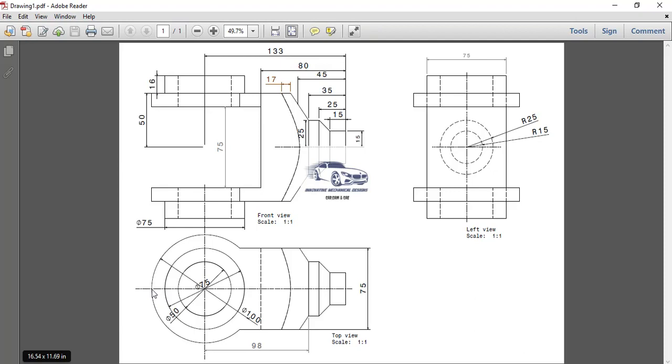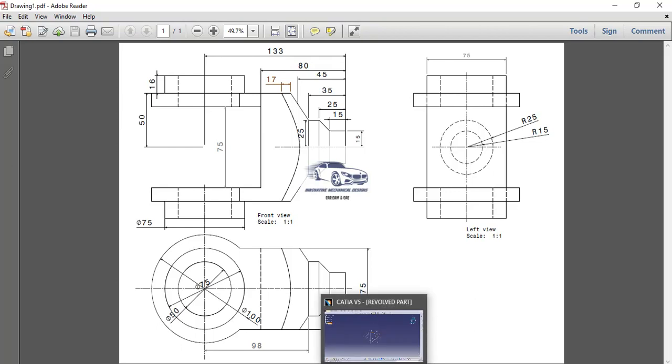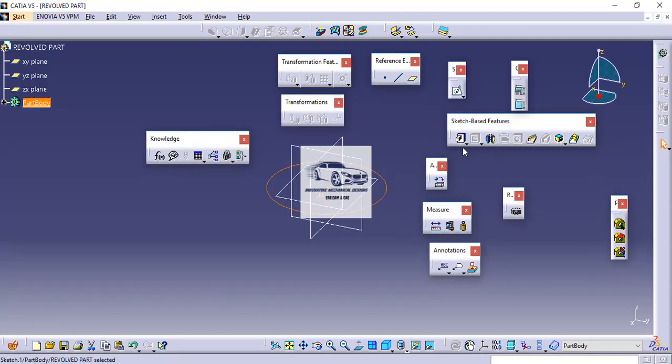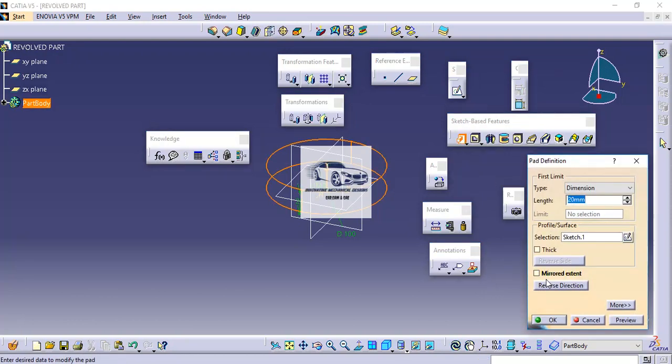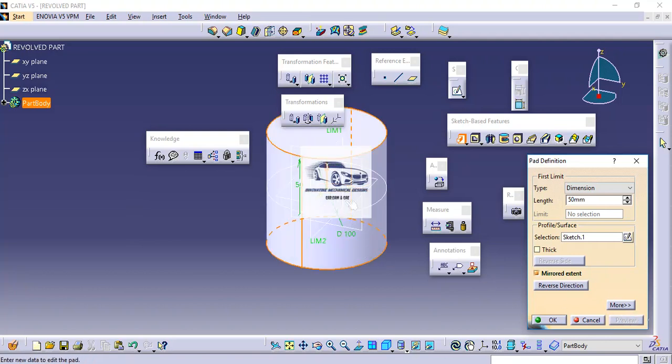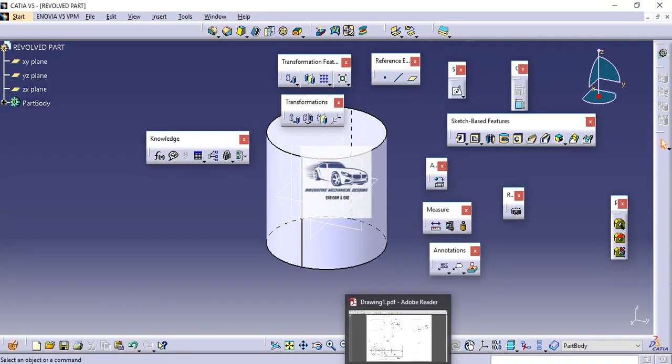How did we come to know that this is the extrusion of this particular circle? If we draw the projector lines into the front view, we can easily understand what is the width of this circular cross section. So it has been extruded from the center. So in the pad command or extrude command, we will click this option mirror extent, which means whatever value I am entering into the display bar, the material will be added equally around the top plane. So this is 50 and this is 50, so total is 100.